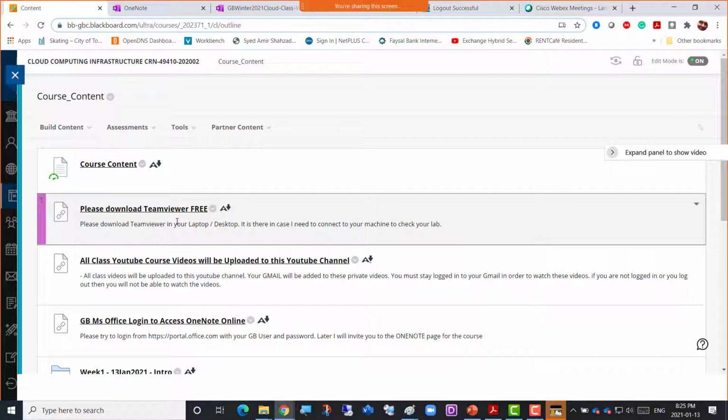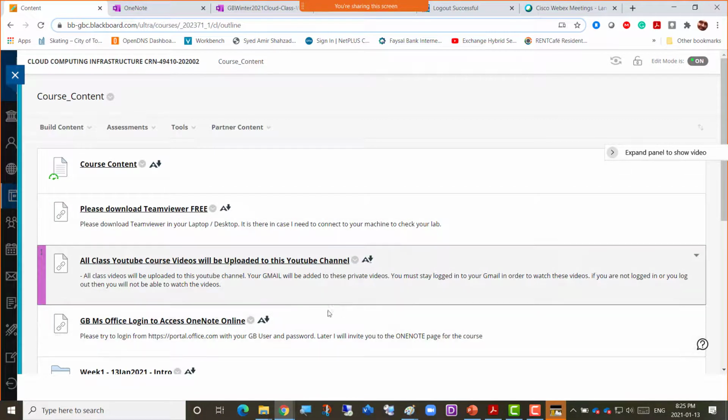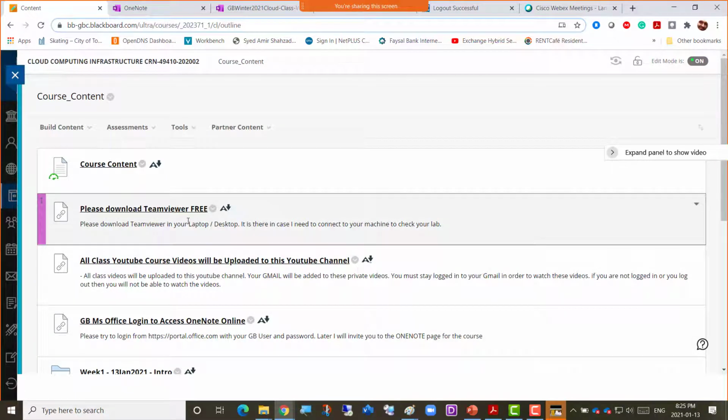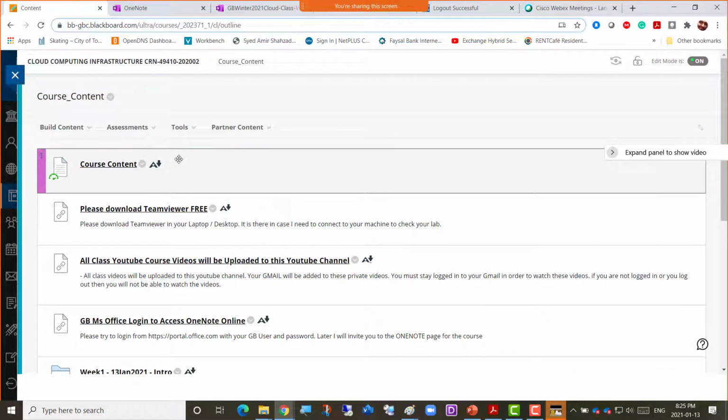In that case you can let me know, and after the class I could connect remotely to your computer and check it out. Otherwise you can just give me screenshots of your error and I can tell you what to do.